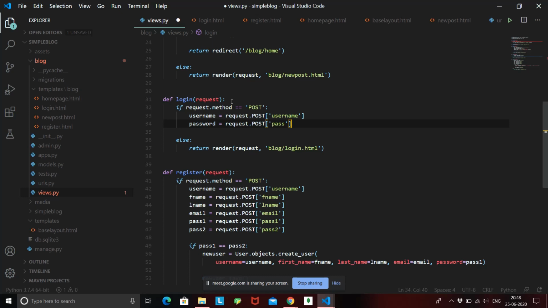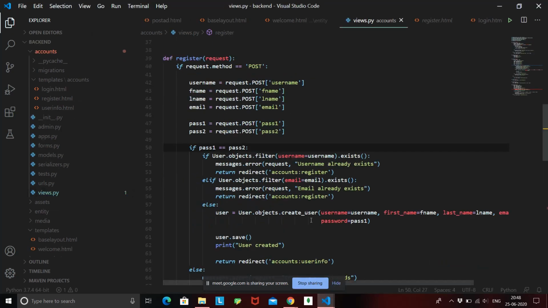Now how can we log this user into our system? As we know, we can log in a super user by going to the admin site. Similarly, we need to log this user inside our system, that is, use the Django authentication system. For that we need two functions that Django provides, that is, get the user and log them into the system. Let's see how we can do that.